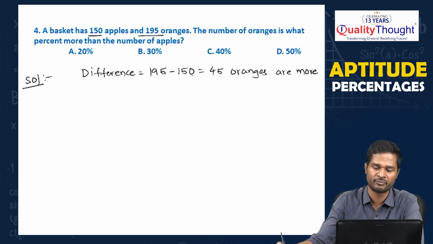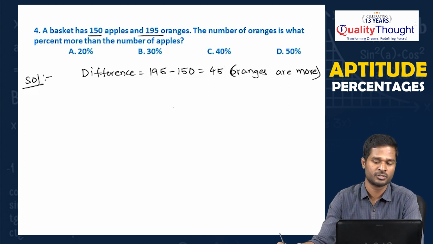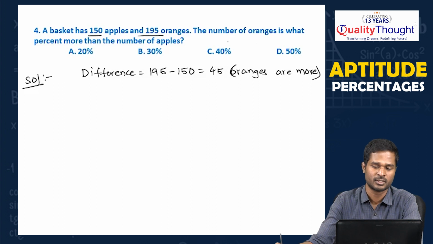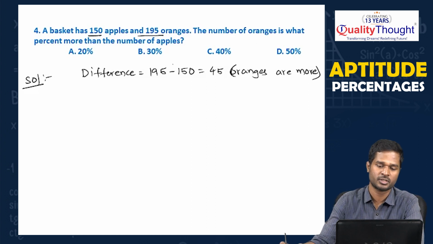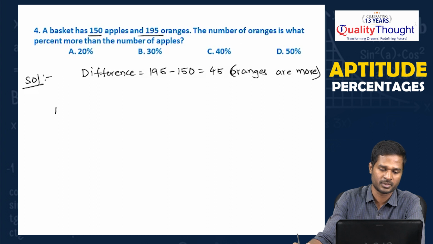So, 150 are the apples, 195 are the oranges. That means we have 45 oranges more. So, what is the required percentage? The number of oranges is what percentage more than the number of apples? So, the required percentage